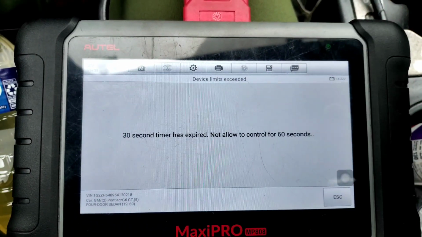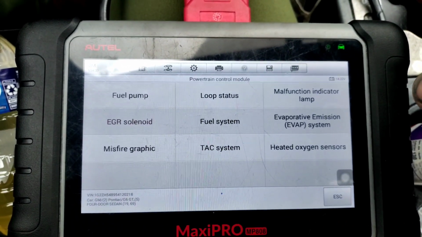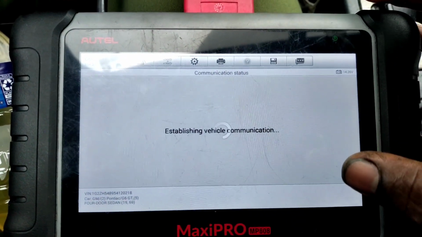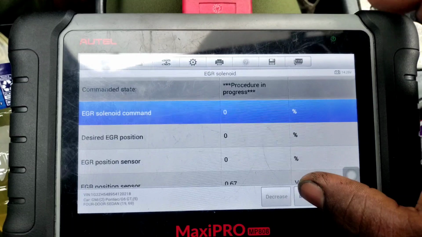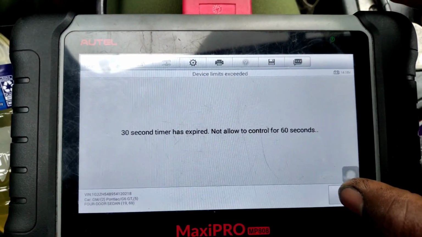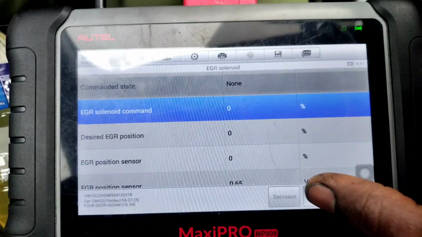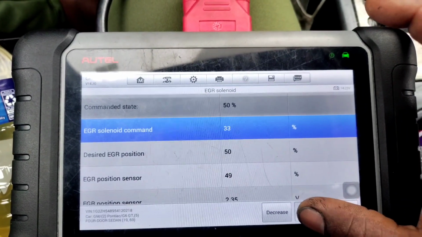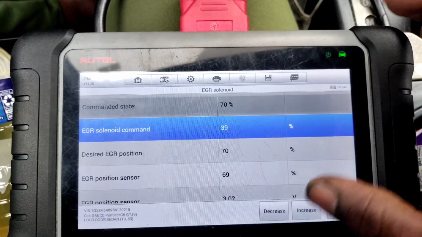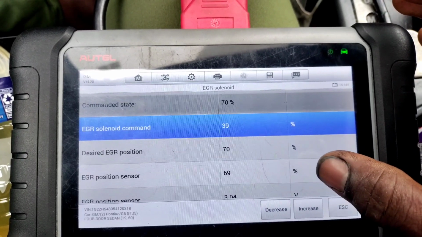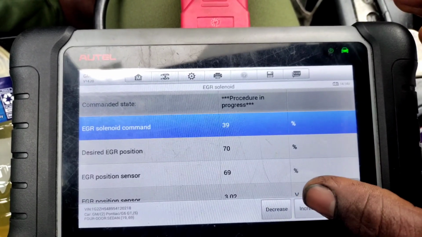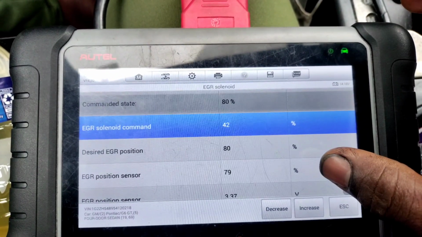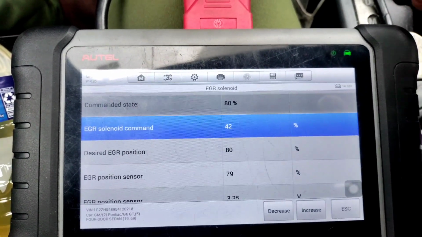I gotta wait a little bit. 30 seconds. I should be able to work this. So we got the desired 70%, actual 70%,